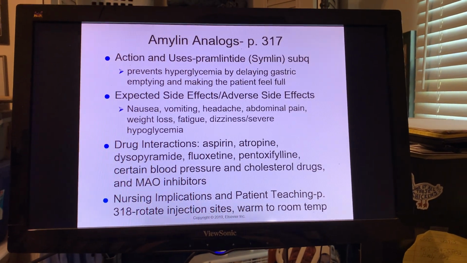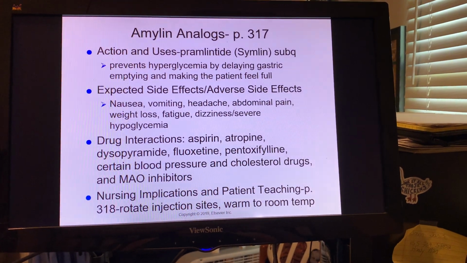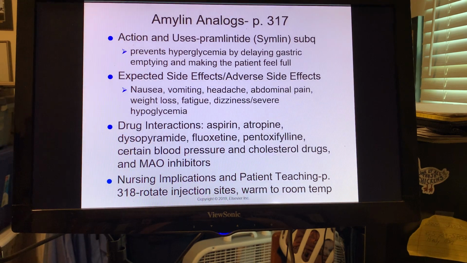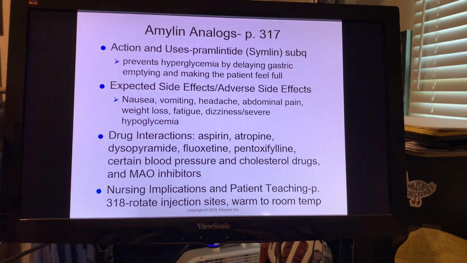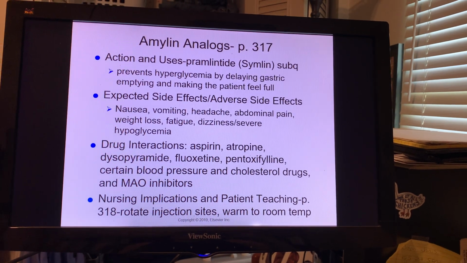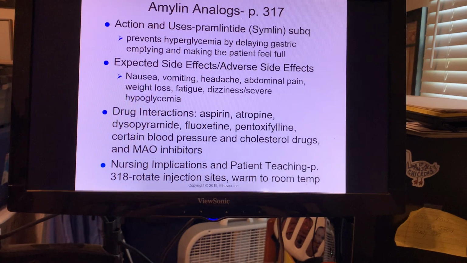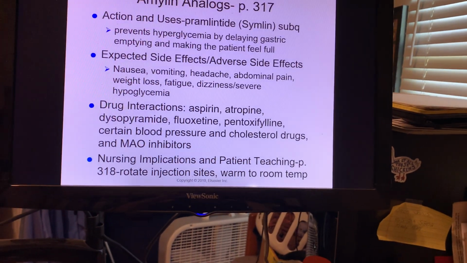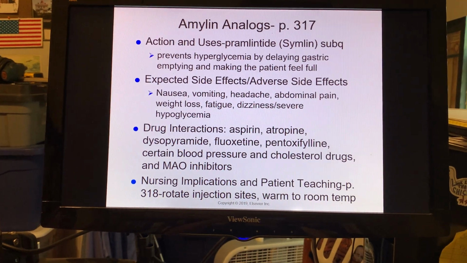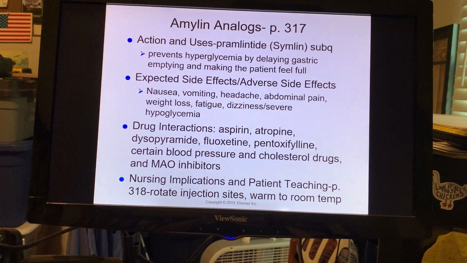the stomach as it empties and making the patient feel fuller for longer. Once again, GI side effects: nausea, vomiting, abdominal pain. This also can increase weight loss, but the person might also feel tired and have a headache too. Biggest adverse effect, hypoglycemia, can be severe. Doesn't mix well with aspirins, atropine, which is our prototype